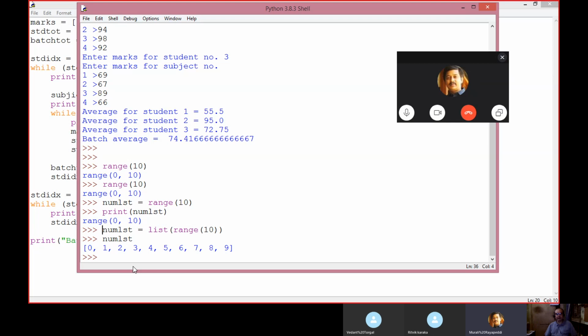You didn't tell about the list function. Arre, I'm teaching the list function now. What will list do? List will convert that range into a list of numbers. Understood? The list function will convert that range into a list of numbers.